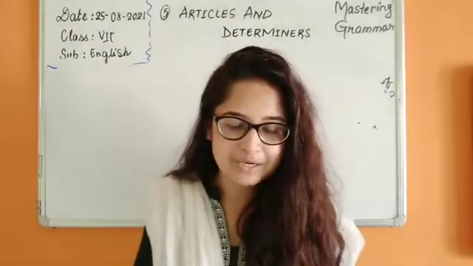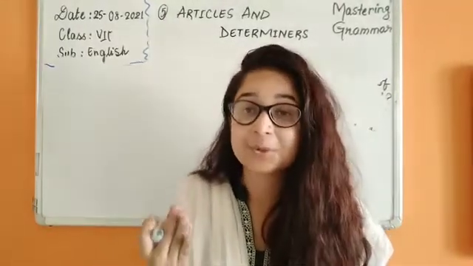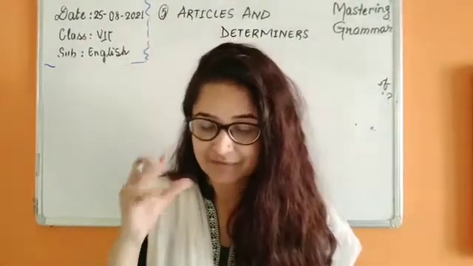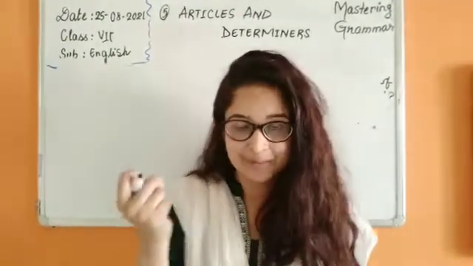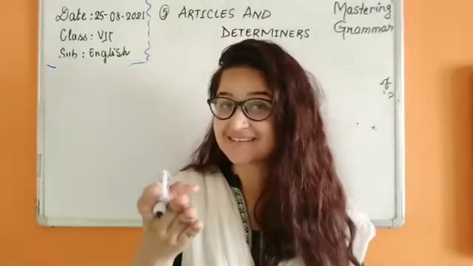With nouns which are names of unique things, like the sun, yes, you know we have one sun here. And we're talking about the earth, we have one planet earth, we have the sky, one sky, the moon, we have only one satellite, the moon. With superlatives, we have already discussed in adjectives, right?